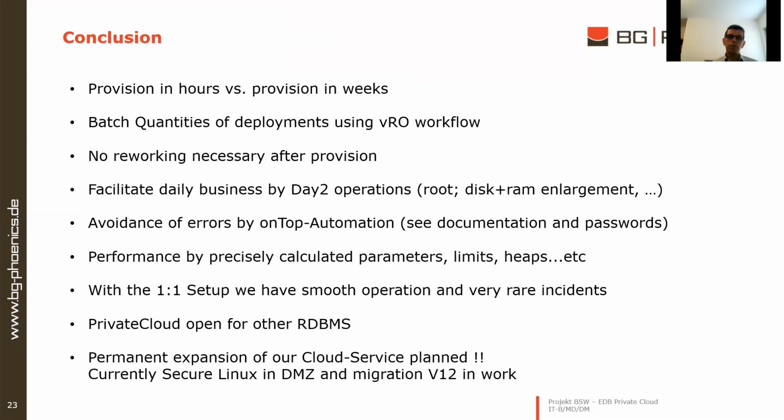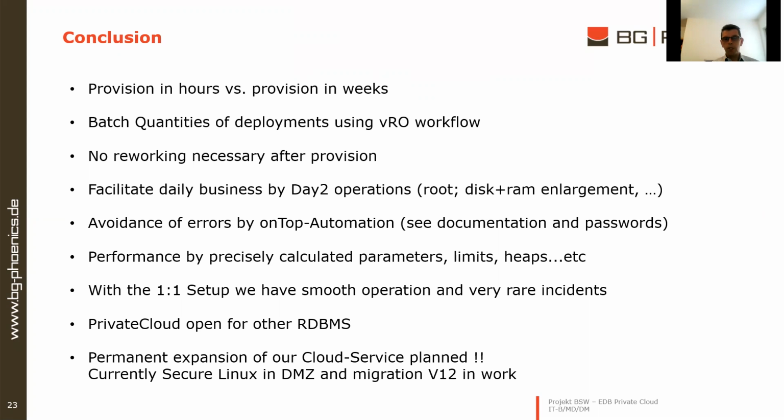We facilitate the daily business by day 2 operations, root access, enlargement of resources, and performance by precisely calculated parameters, which is really good. With the one-to-one setup, we have really smooth operation and very rare incidents on the platform.